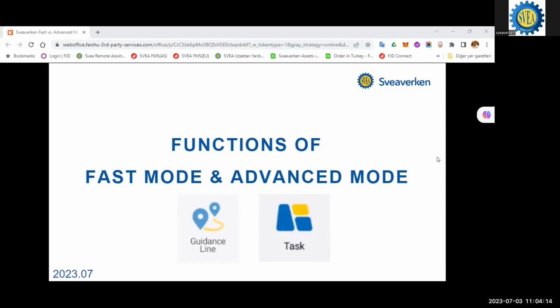This presentation is based on the 3.1.5 version on a